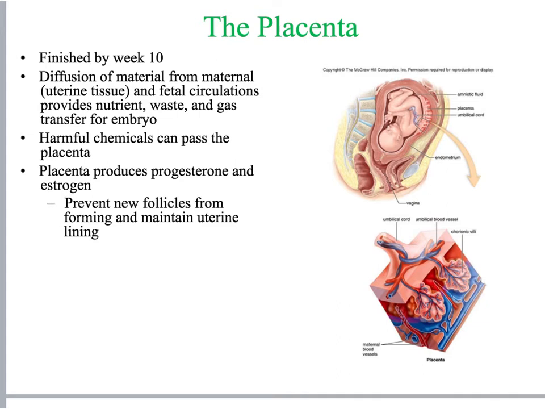If you look over here on the right, you can see we have this developing fetus, and here's the placenta. Now, the placenta can be anywhere on the uterus, and there are certainly places that are more desirable than others. Let's just talk about places that are undesirable. If you can imagine, one of the worst places for a placenta to be would be over the cervix itself. There's also situations where during delivery, based on where the placenta is located, it could cause possible problems like the umbilical cord gets wrapped around the fetus somewhere and can cause distress. In those cases, a woman may need to have a C-section or something like that.